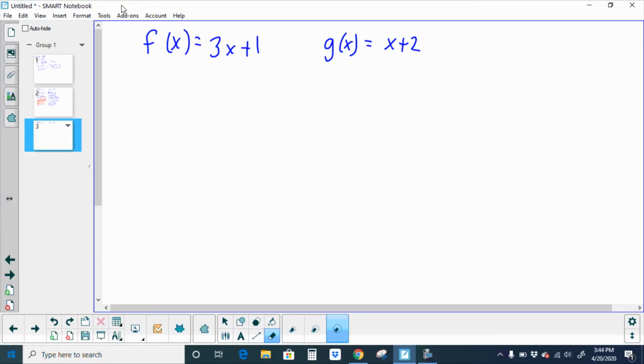For operations with functions, this next video I'm going to focus on dividing and composition. So first I'll do dividing. It's a little easier, and then I'll do composition. So